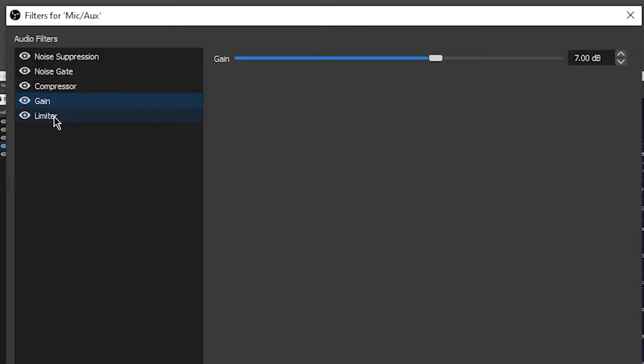Now a limiter is a lifesaver, especially for people like me who like to shout or scream during stream. A limiter is the limit at which the mic will output the volume. So I set mine at -9 decibels, which I highly recommend that you guys do as well. The release time, just put it at 60 ms, it doesn't matter. Which means the loudest output of your mic will forever be at